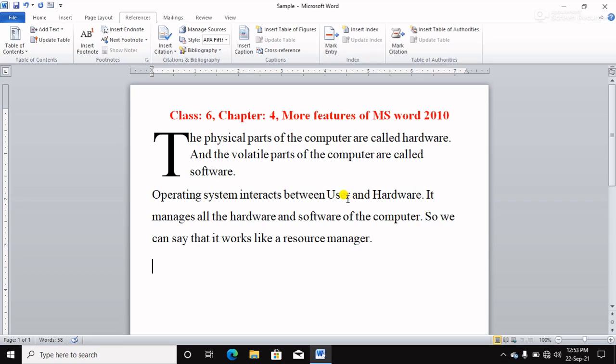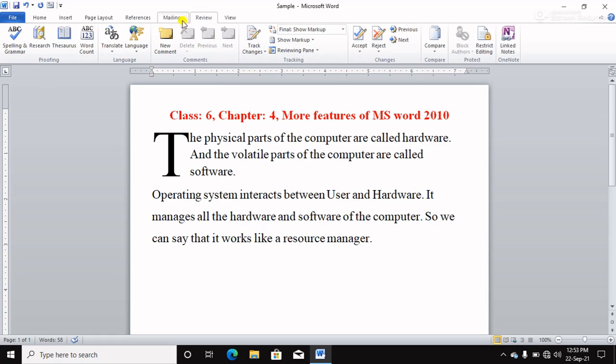It is like a dictionary and can be used to replace a word with its synonyms or antonyms. It helps avoid repetition in our writing and improves our vocabulary. For this purpose, you have to click on the Review tab and choose this one, Thesaurus.